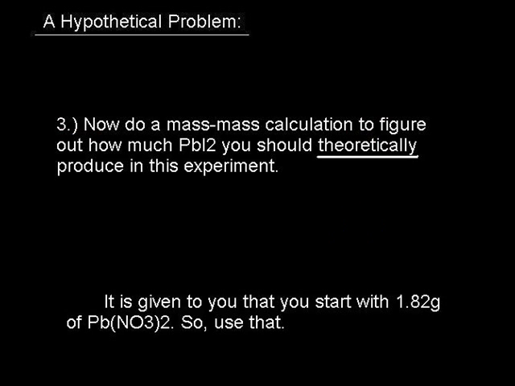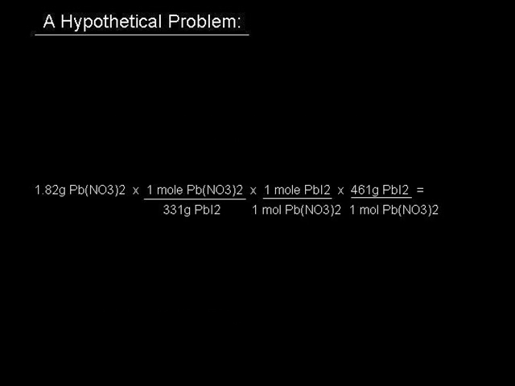Now do a mass-mass calculation to figure out how much lead iodide you should theoretically produce in this experiment. Since you're given 1.82 grams of lead nitrate, just use that. Start with the given amount of lead nitrate and convert to moles of lead nitrate. Once you do that, you can then convert to moles of lead iodide, and then ultimately to grams of lead